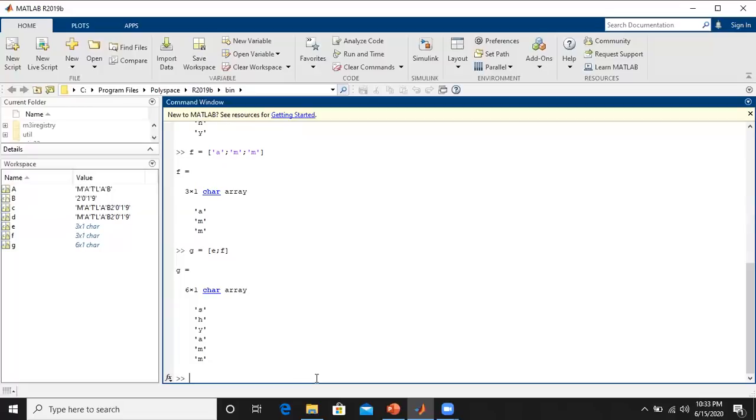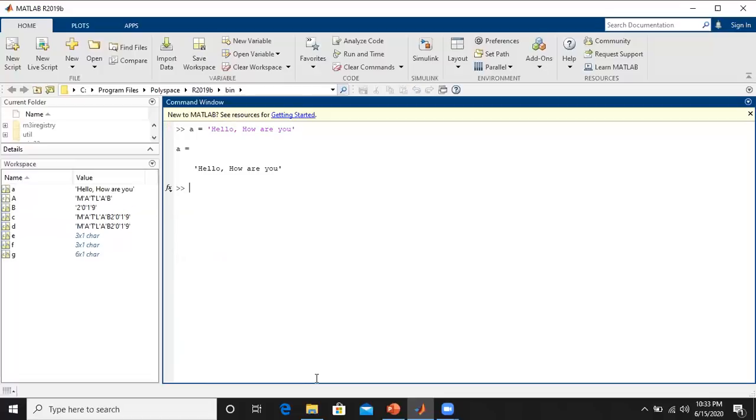Next, how can we concatenate the string as well as the number, right? So let us again clear the screen, right? So here we take the variable A. In this variable, I am typing hello, how are you? That's it. I just typed hello, how are you, right? So then I will get the same string as output. Later I will take one more variable b as 63 as a number. Then I will get 63.